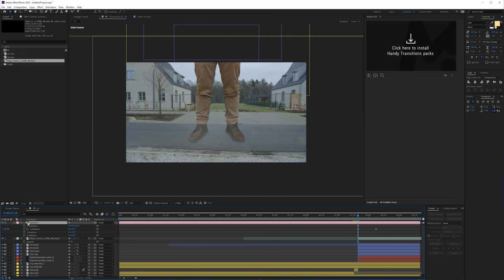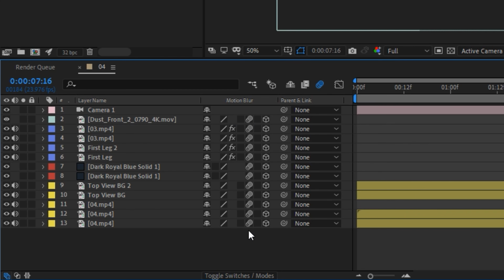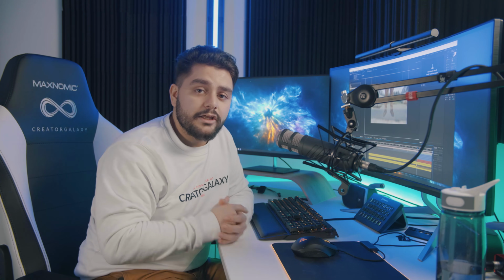And then at the very end, once you're satisfied with your entire look, what you want to do is enable motion blur for all the layers. And now when you move up, you're going to see the motion blur, which is going to blend everything well together. And then once you rendered your entire video and you bring it in Adobe Premiere Pro, what